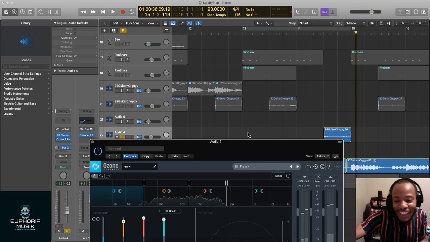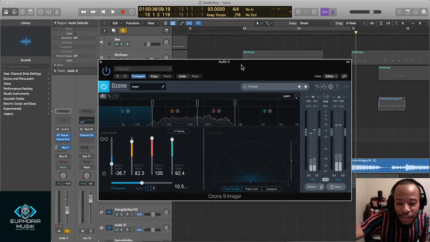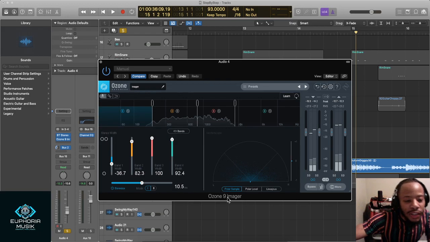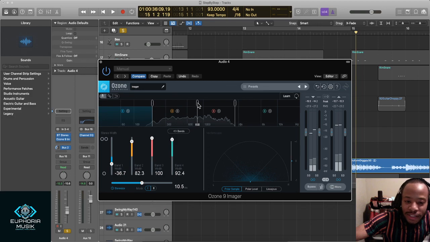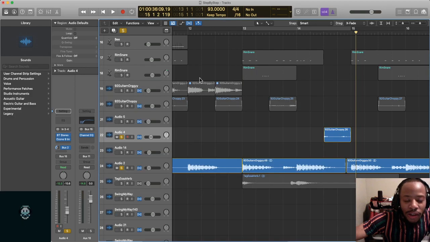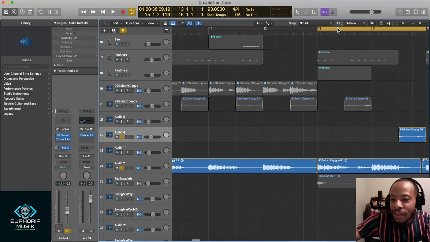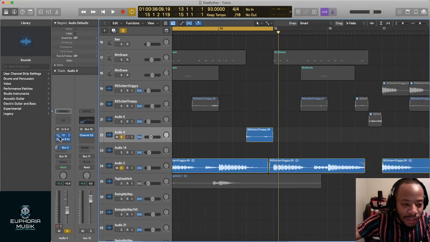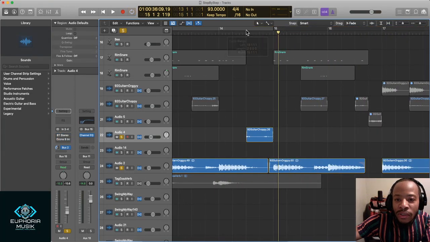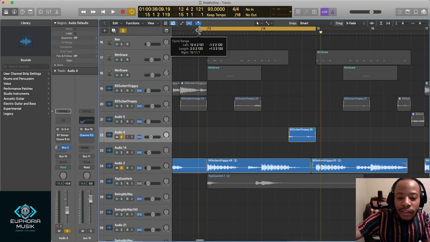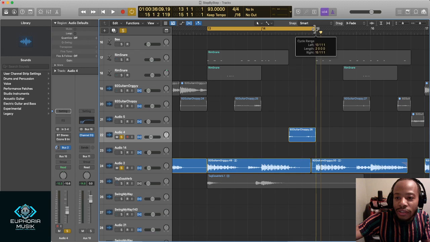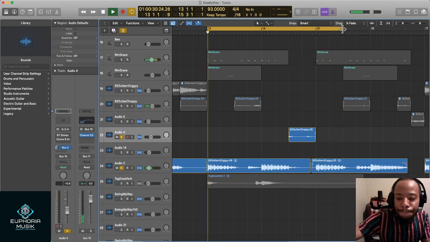Mixing and mastering, yeah. This is a mastering plugin, right here, Ozone 9. But really all it's about is getting the sound the way that you want it. So I'll go ahead and play this so I can stop talking about it. I'll play it without the effects and then with the effects so you can hear how it blends into the rest of the progression that's going on. So.